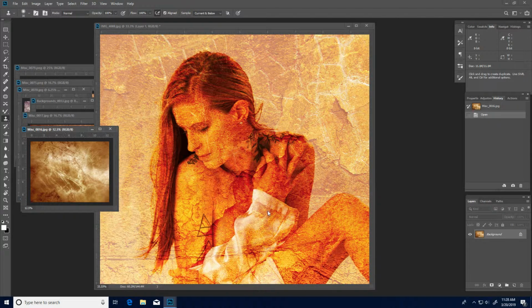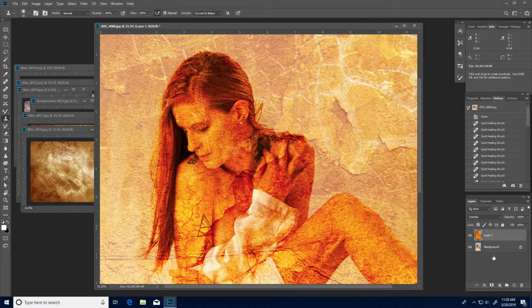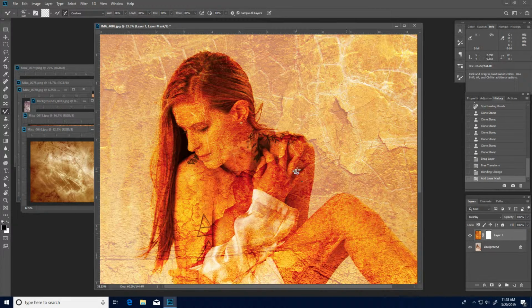So I'm going to bring this in, and I don't want the hand to be the same tone as the arm, because that's going to make it a little more difficult for me to blend out later. So I'm going to make a layer mask. Select my brush tool, make sure it's on regular brush instead of mixer brush. Use the bracket keys and make it a little bit bigger here. X to paint out. And I'm just going to paint out